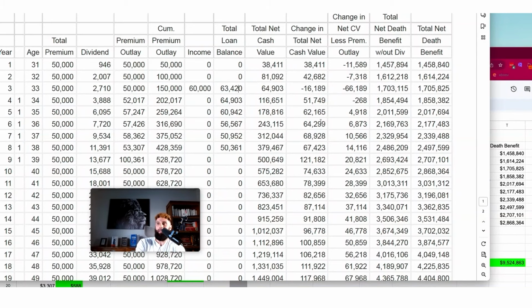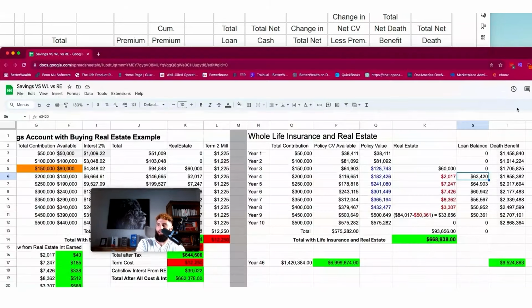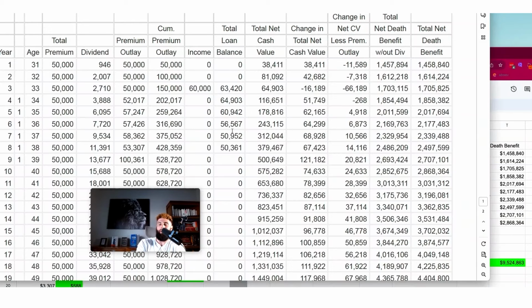Essentially what I did here is I just took these numbers and I transferred them over here so you can see the total loan balance and the total loan balance. This is being charged simple interest for the year, but if you don't pay the interest back, then this becomes compound interest in the wrong direction. So now that we conceptually have an idea of how the policy works, let's go back and take a deeper